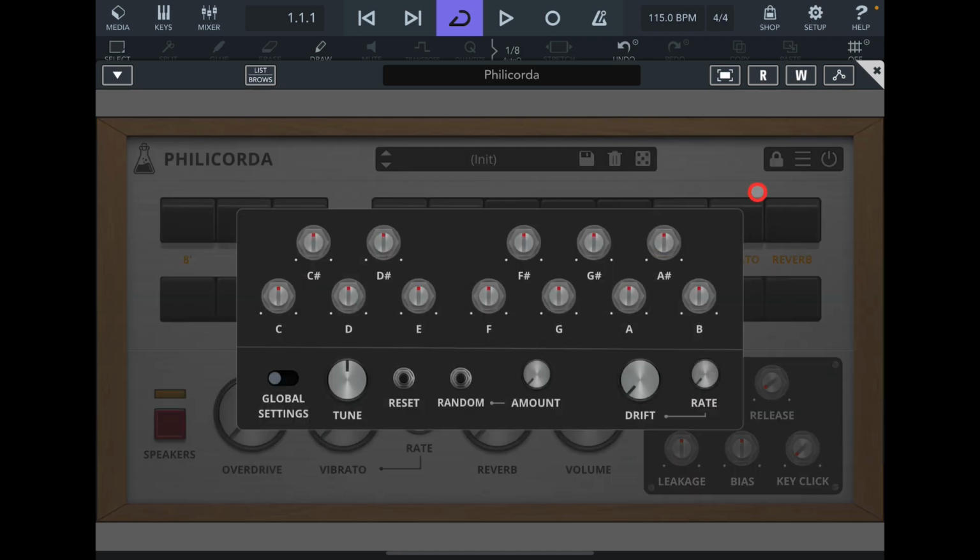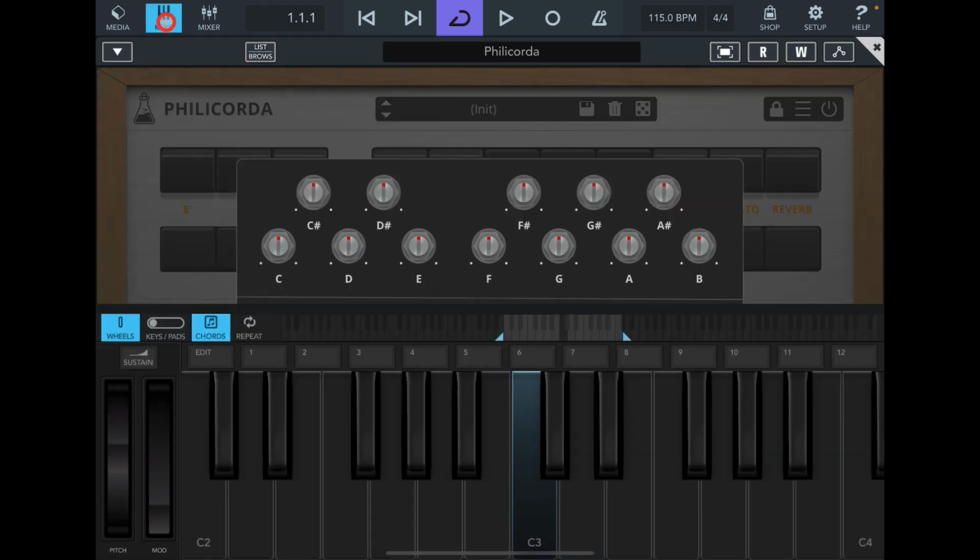So oscillator tuning, we click on this and now you have control over all the tuning in the oscillator and then some ways to adjust this as well. So for example, this C, let's go into just looking at the keys a minute. So if I play this C3